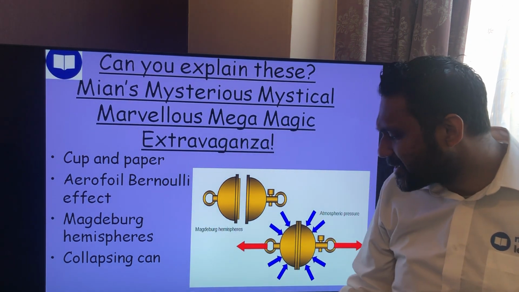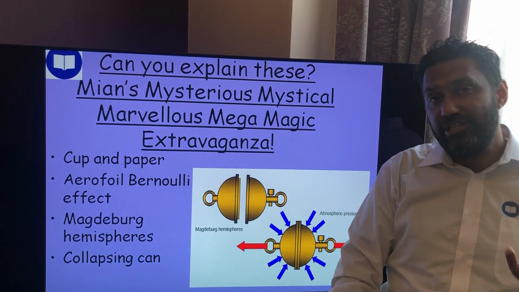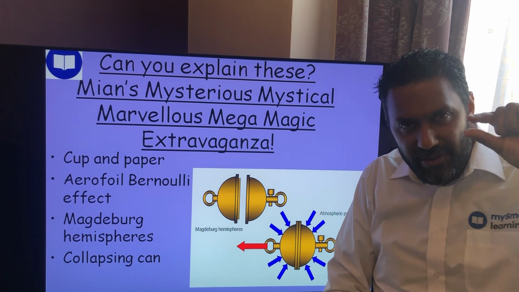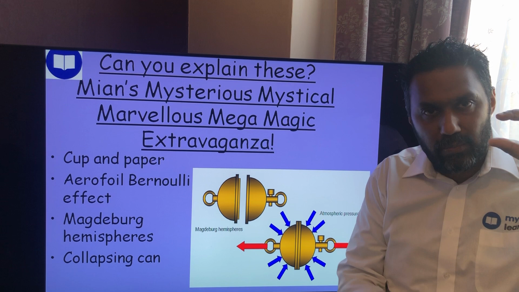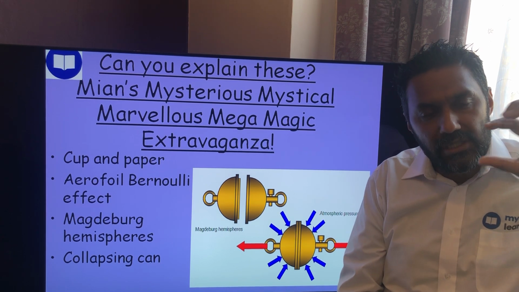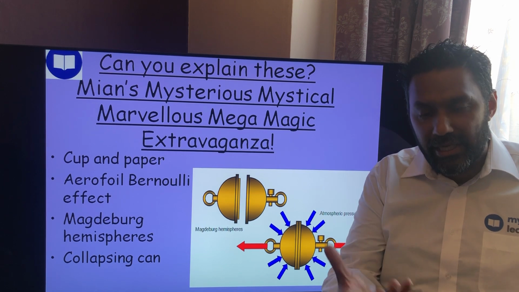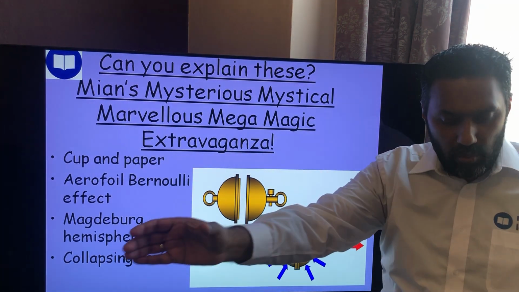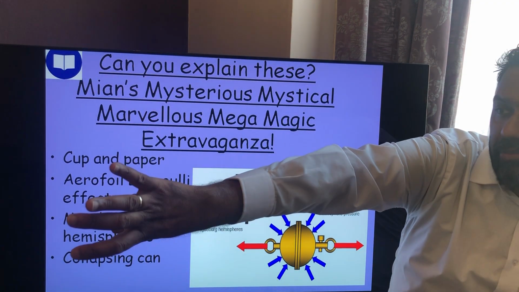The collapsing can experiment, the one I do at school, is I get a Coke can. There are other fizzy drinks available. If you drink all the drink and pour a tiny bit of water into the can, about this much, and I get a Bunsen burner and heat the water up inside, the water starts to boil and evaporate out of the hole at the top of the Coke can. Then I get a special pair of tongs that holds the Coke can. I've got a big water trough, like my bowl of water down there, and I just turn it upside down onto my